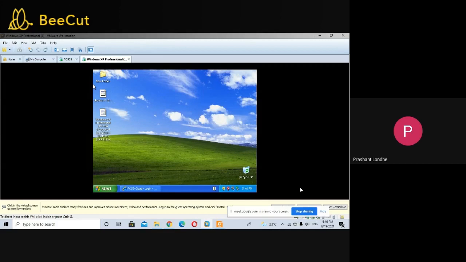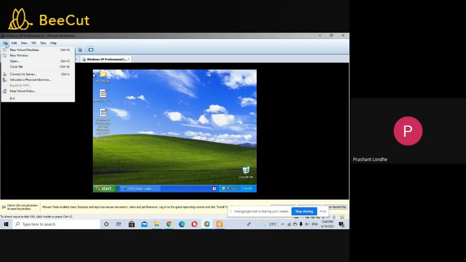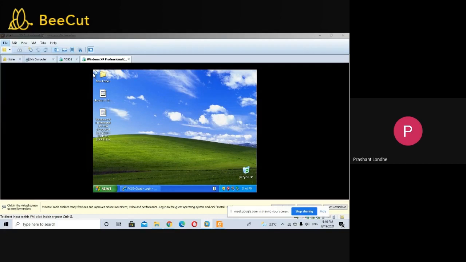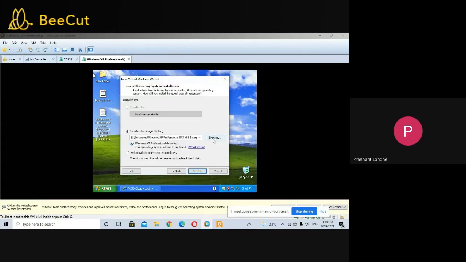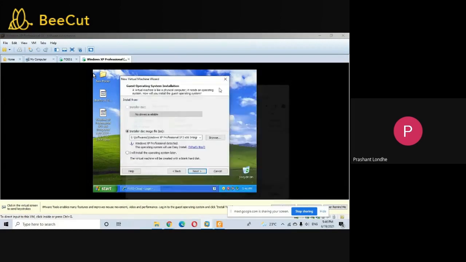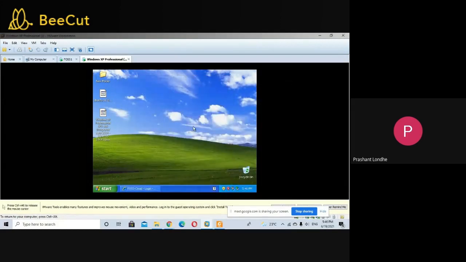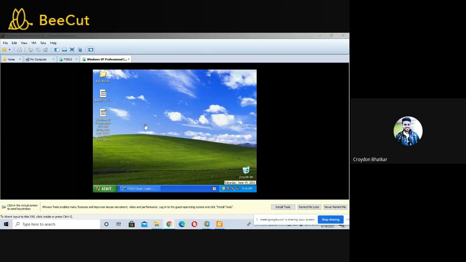Now my operating system is Windows 10. You can install it. Then here you have the file option, and then new virtual machine. Suppose you have downloaded your FOSS ISO, then you need to select the path of that particular FOSS ISO, and then next will do, and that will be installed automatically. Similarly, you are supposed to do it for the Windows XP. Okay, sir. Okay. So this is the setup.